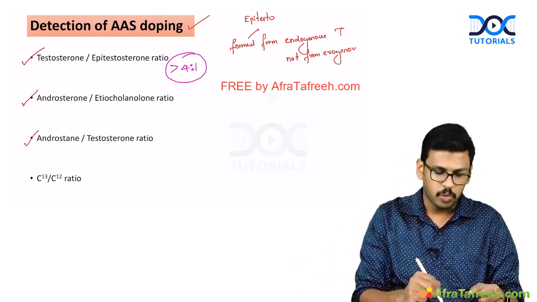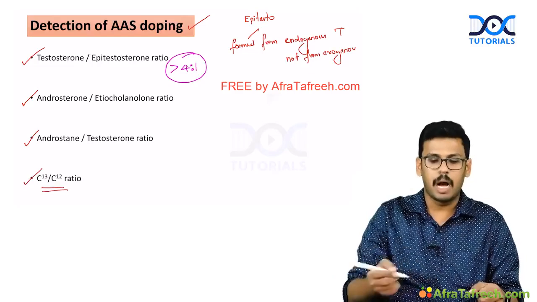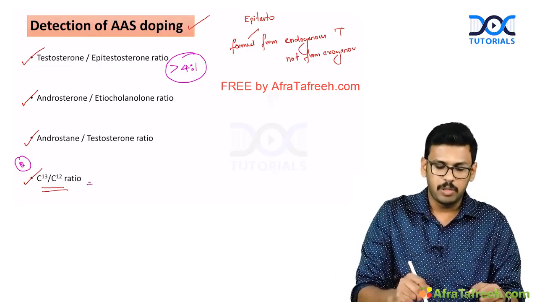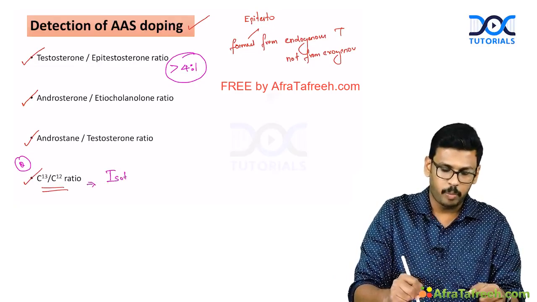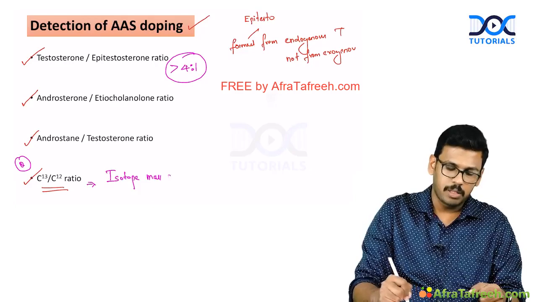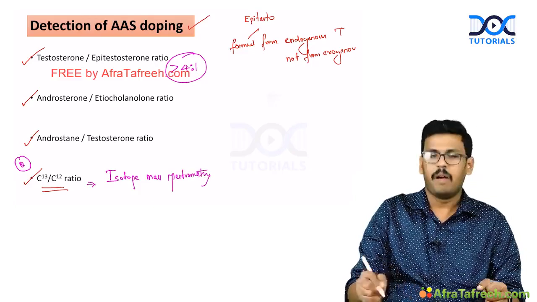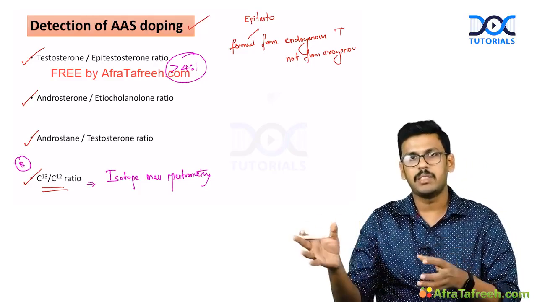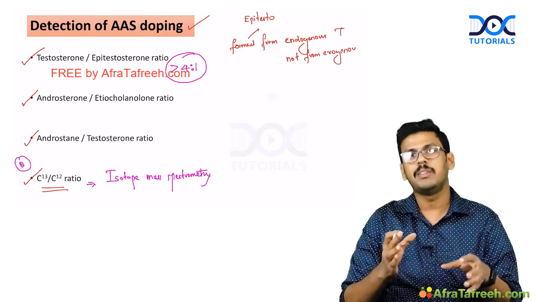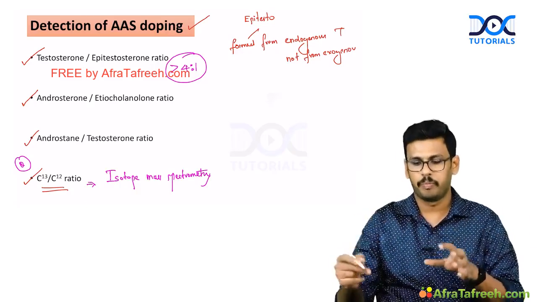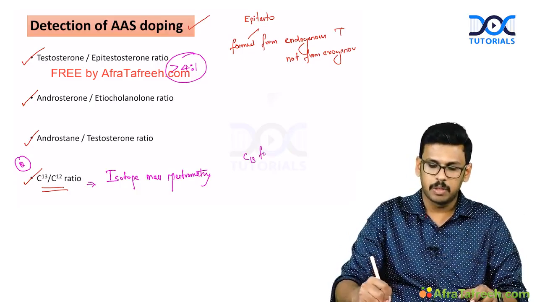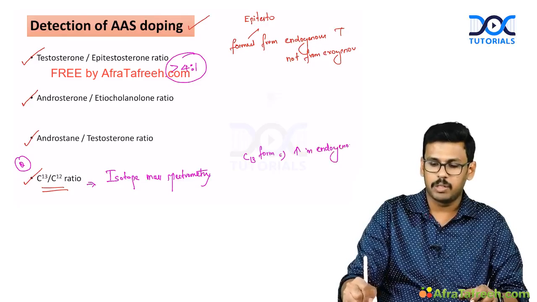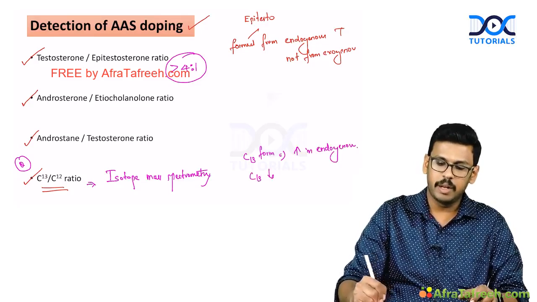testosterone ratio. And one more question which has been asked in this regard is regarding the C13 to C12 ratio. So this is done using isotope mass spectrometry, where they look at the carbon atoms of these anabolic steroid metabolites, whether the carbon is in the C13 form or in the C12 form. So the C13 form is more common in endogenous androgens, whereas C13 is less in